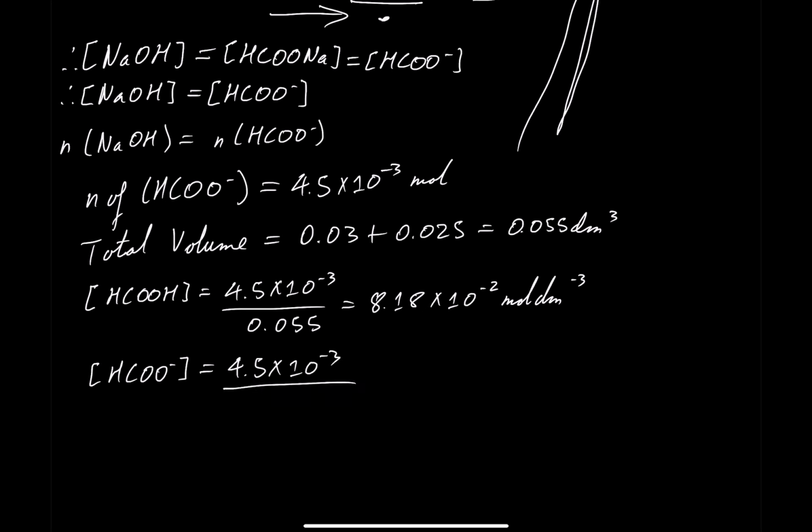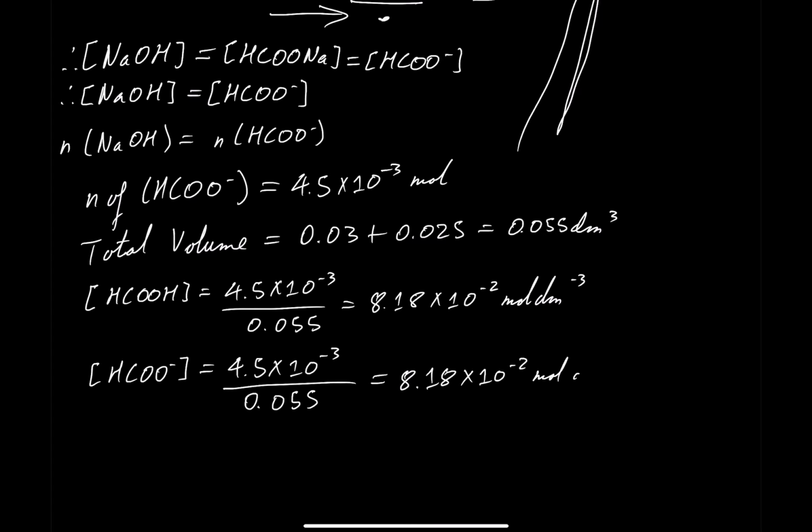That's a terrible 3. Don't like how I wrote my 3 there. I act like people can make these changes on paper, but you can't. No need to calculate it again. That's 8.18 times 10 to the power minus 2